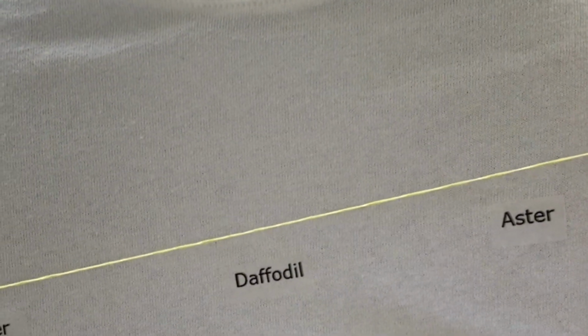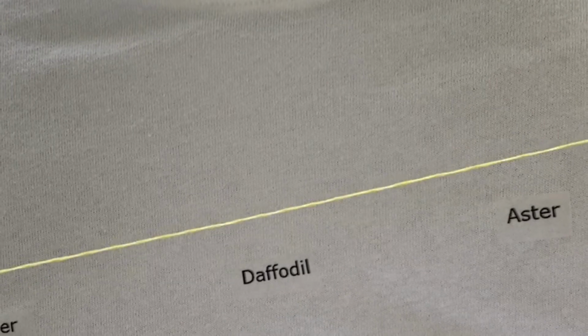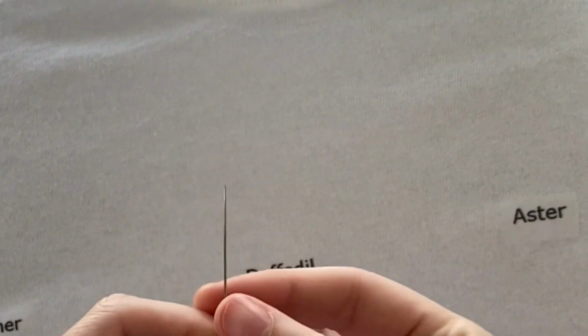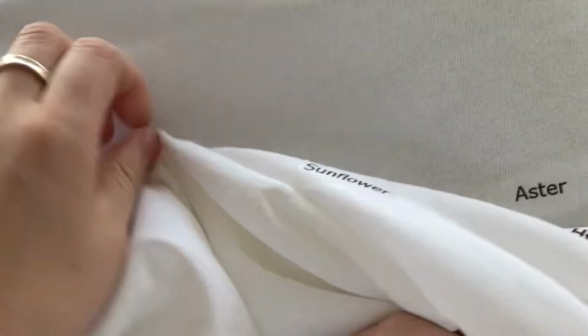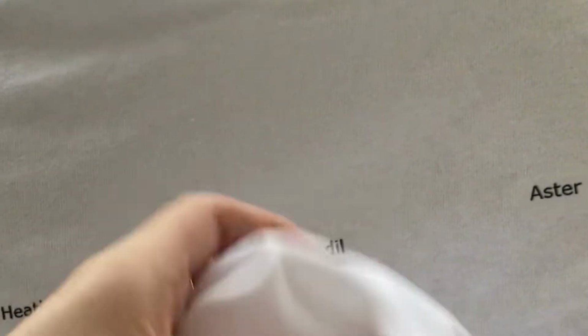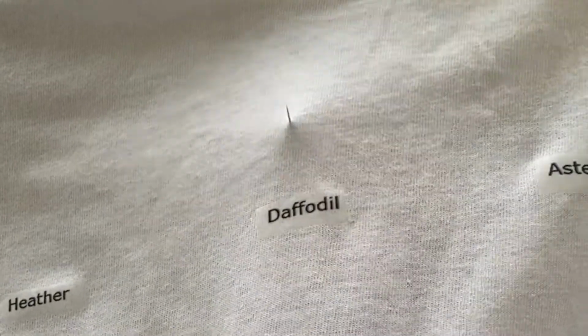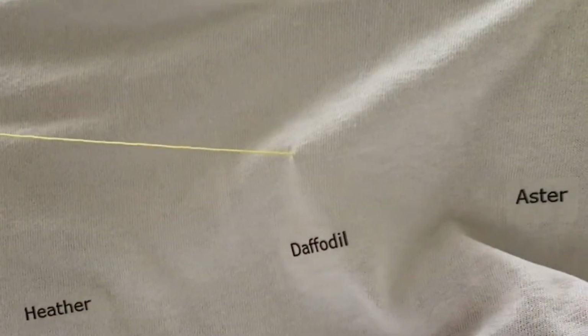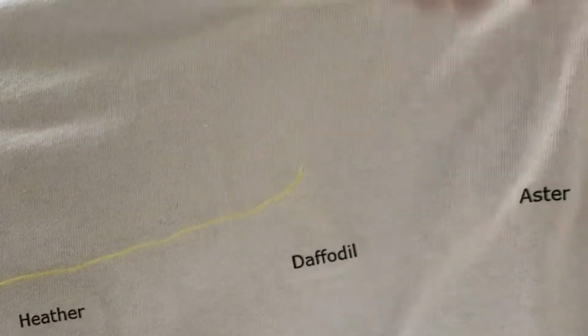Starting with the daffodil, I have got the two strands of yellow thread, and I'm going to start with a chain stitch but round, so there's a gap in the middle more. So you can do it as a chain stitch as a daisy would be, like what we've done before. So I've knotted the end. I'm just going to pull it up through, and